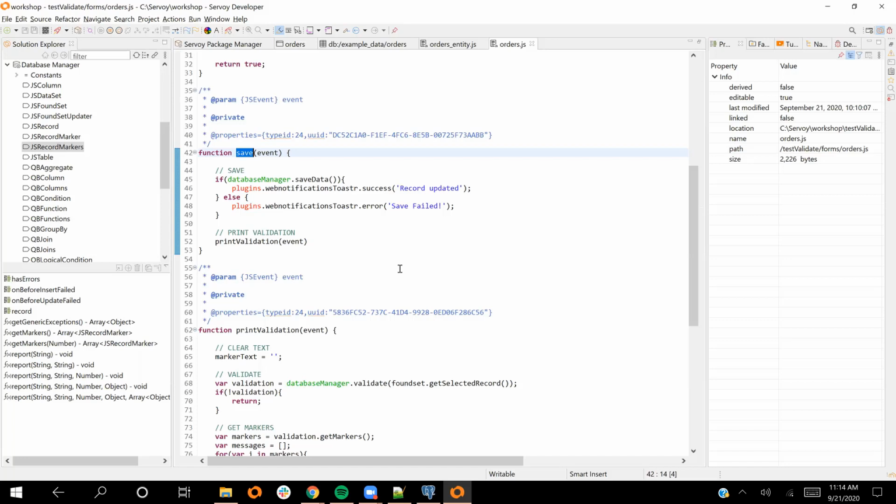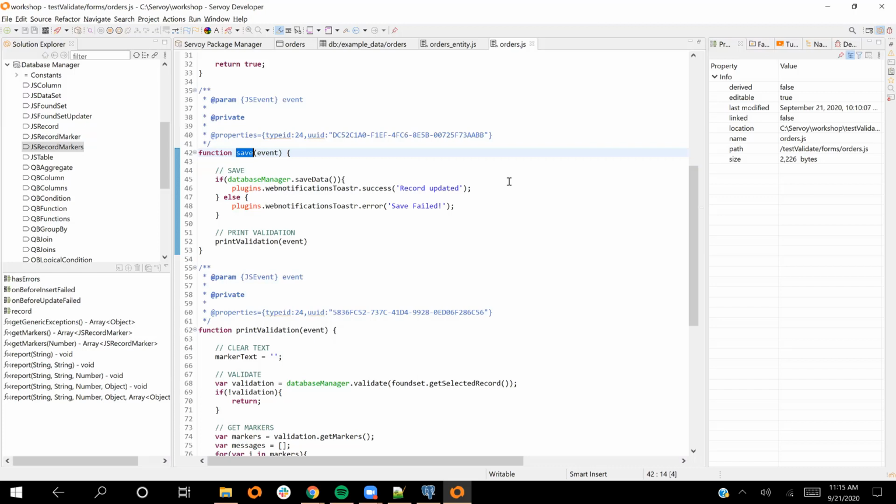So it's not just a way of putting stateful markers on a record, it's also a way of really preventing bad data from going into your database. And that happens application-wide. I don't have to proactively call it, it's just there when I call save data. And you can see that if it's false, I'm throwing that little red toaster to show you that the save